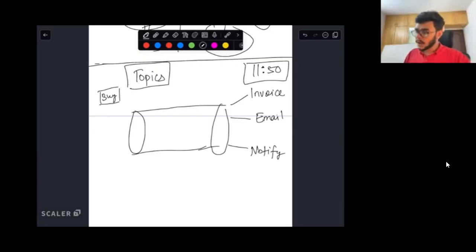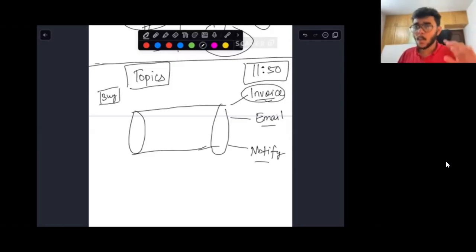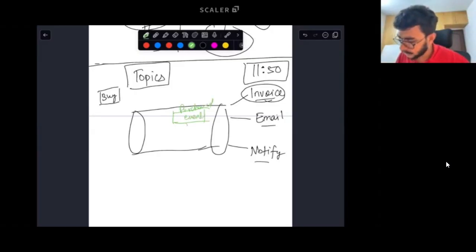Correct? Now, what is the event that you would want to see for all of these invoice emails and invoicing? Let's say a purchased event. Let us say there is an event which says purchased, and it has all the event information. All the JSON payload has the information about it. So these people can end up using the same event, right?